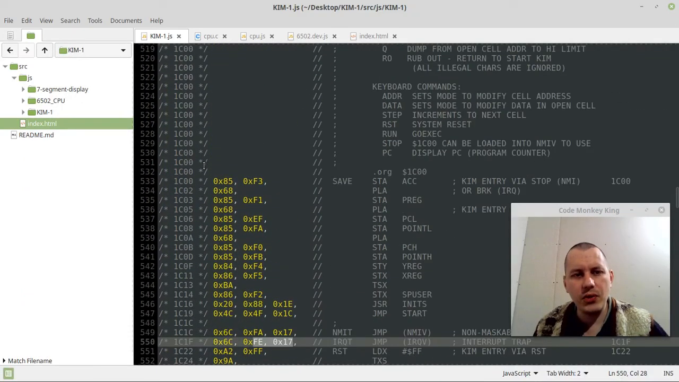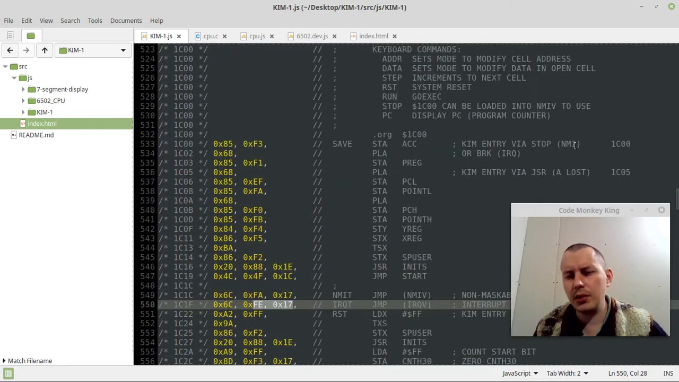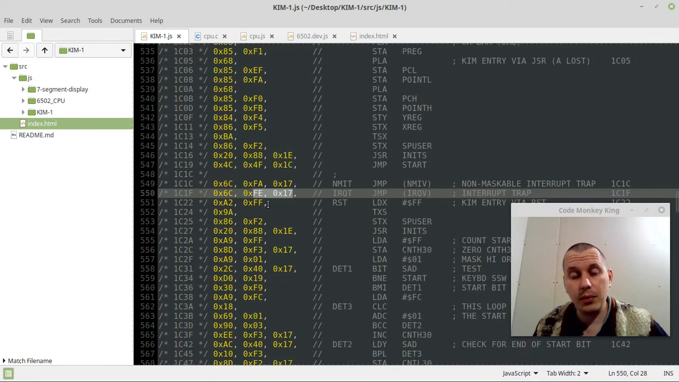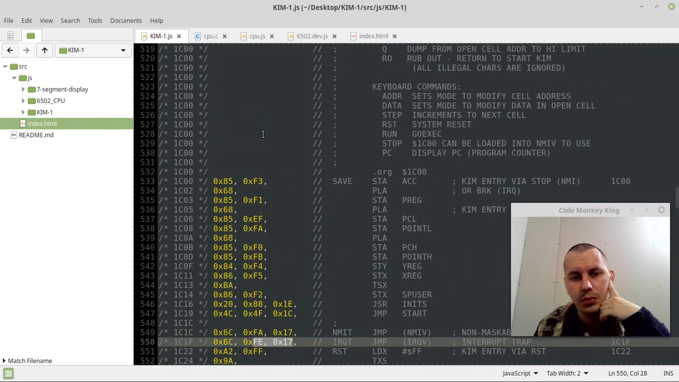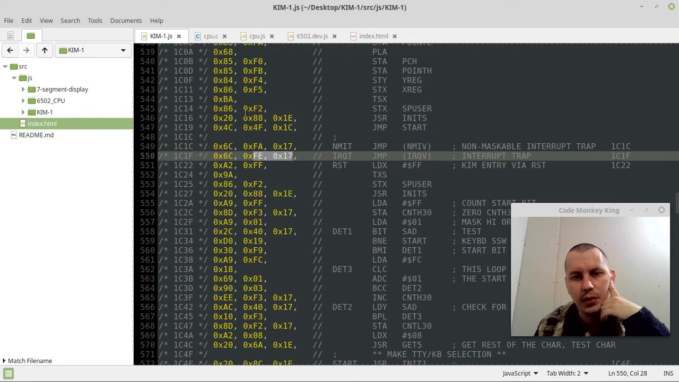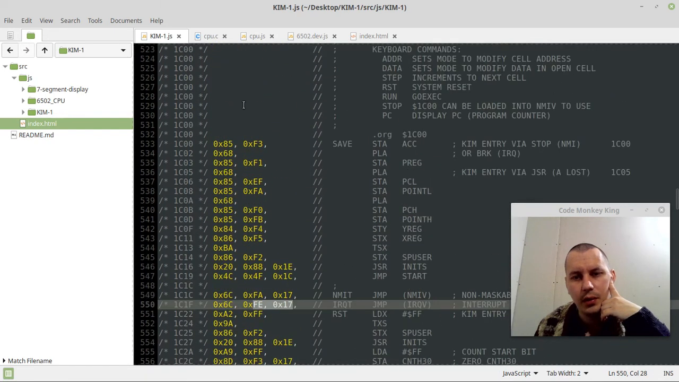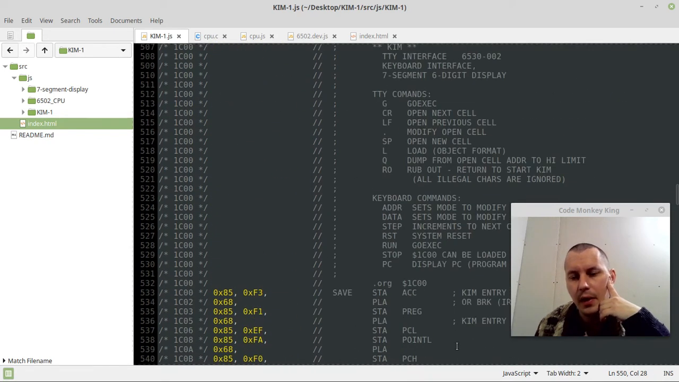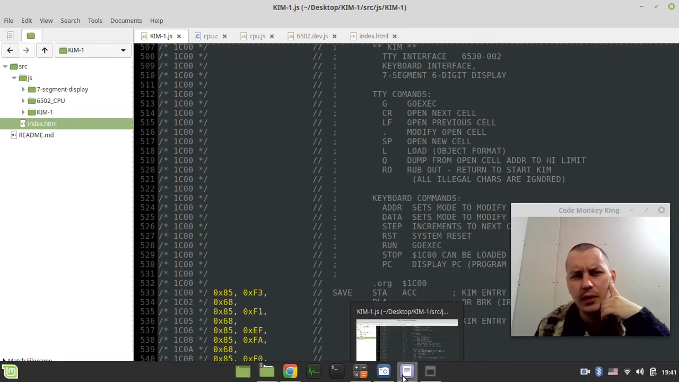And actually 1C00 is the entry point. Well, actually it's used for non-maskable interrupt. So here we're supposed to be jumping to 1C00, and actually we're going to be trapped here. Okay, so the only thing that I'm slightly not clear about is